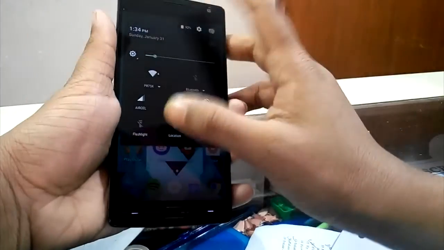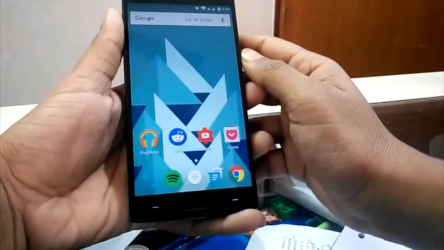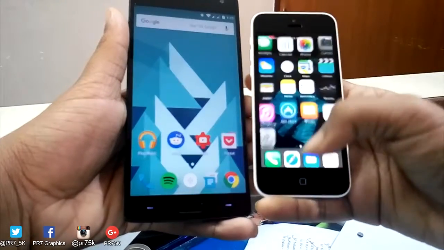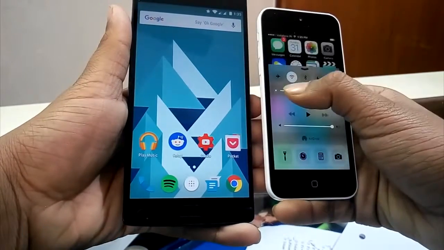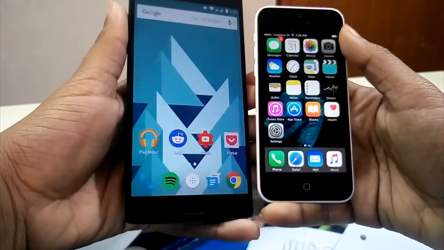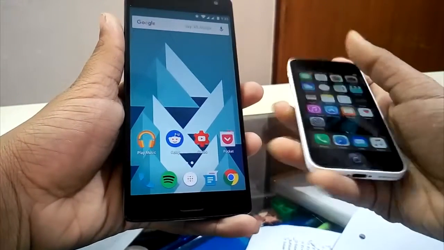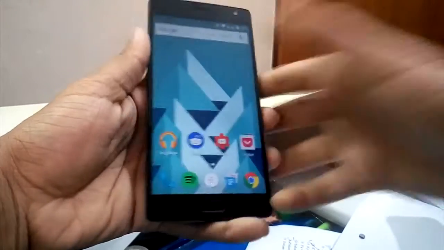Previously, I made a video on how to make your Windows PC look exactly like the latest Mac OS X El Capitan. You can see that by clicking the I button just right now. Seeing that, a friend suggested I do the same with Android. So here I'll show you how to make your Android device look like an iPhone running iOS 9. Let's get started. Please watch the video till the end as the result was decent enough.